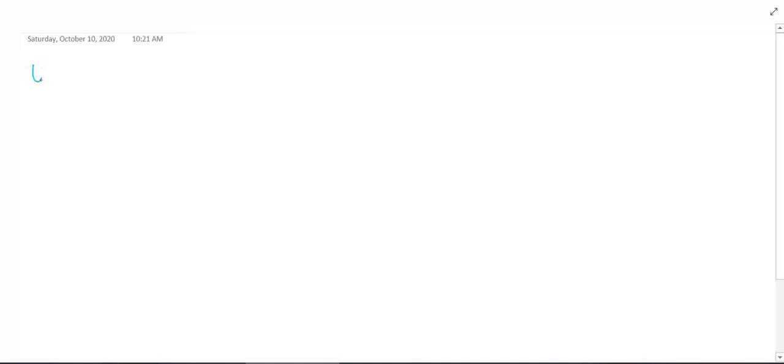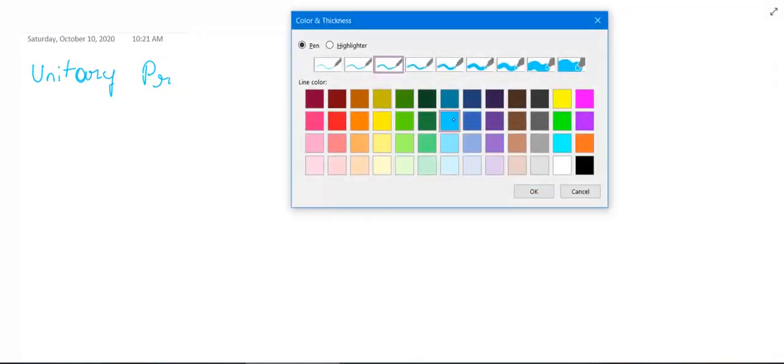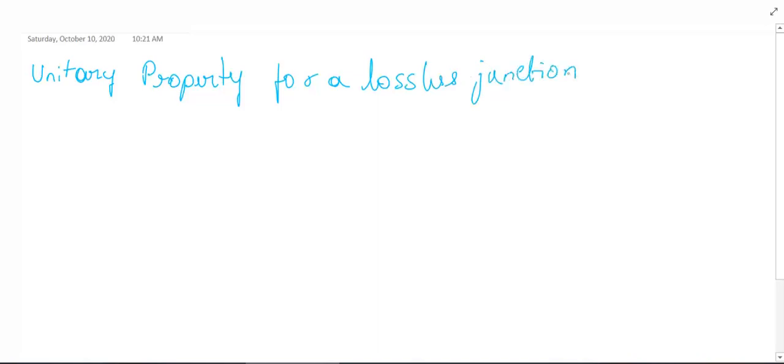So I consider the unitary property for a lossless junction. Now